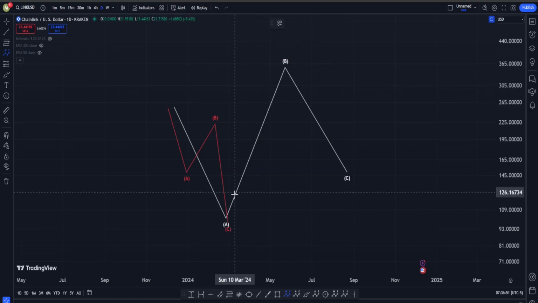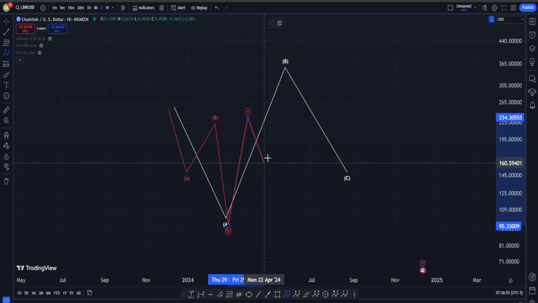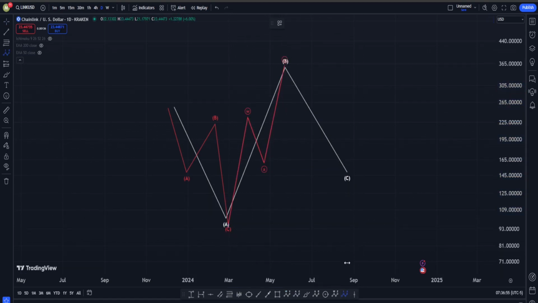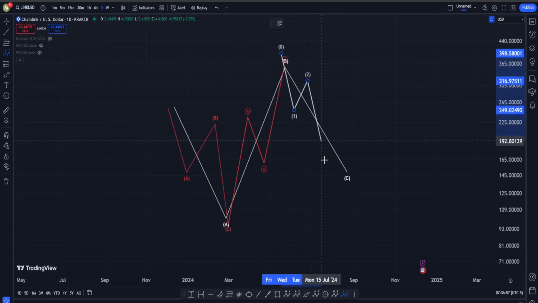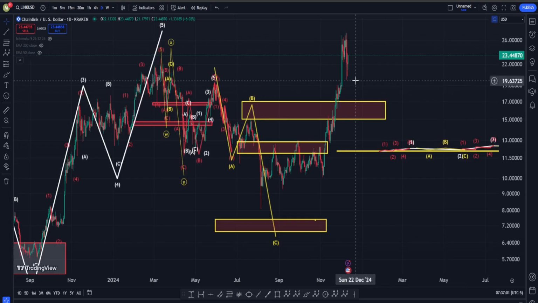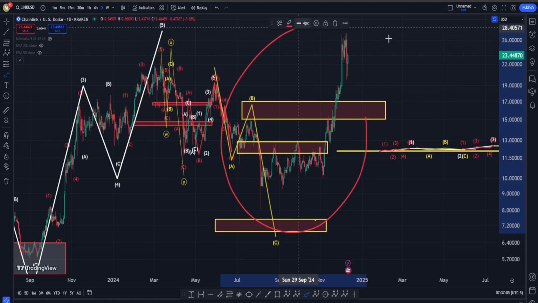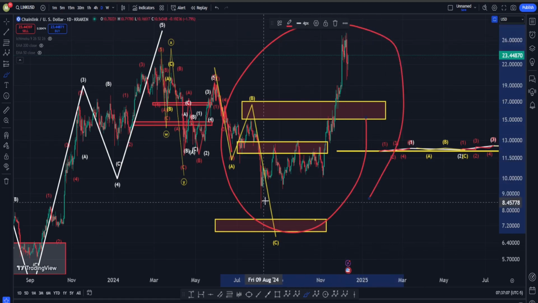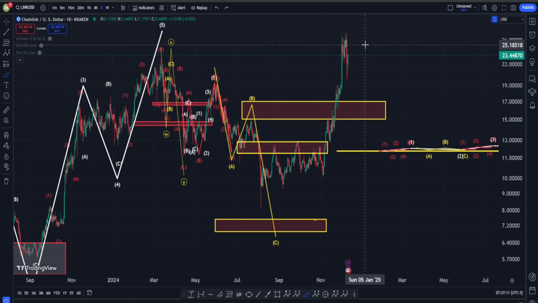Correction up for wave B, maybe ABC, maybe even a WXY, doesn't really matter, and then another 5 wave down into our ceiling. Let's go now on the live chart and see what is happening. So in this move on the upside, I can actually find a WXY, potentially I would say in the form of a double zigzag. So I can say this is a correction structure, but my main problem is with this move